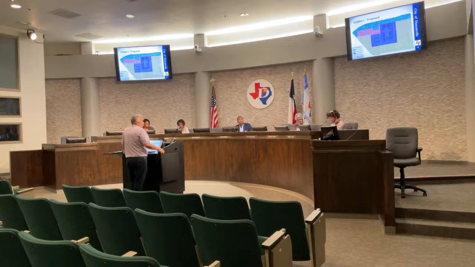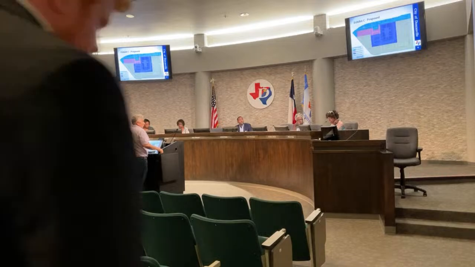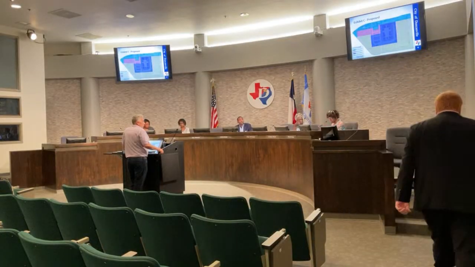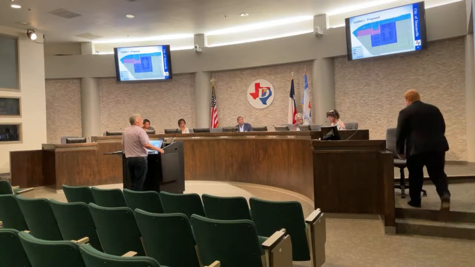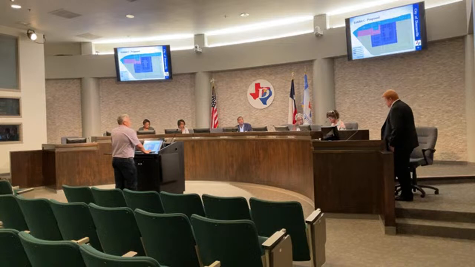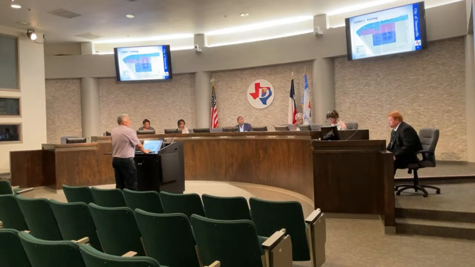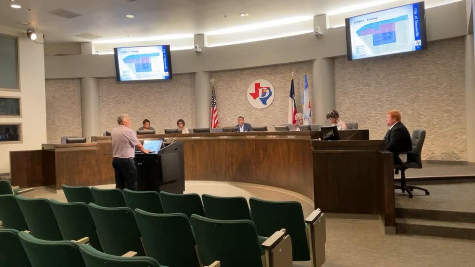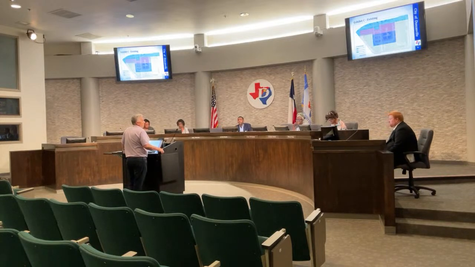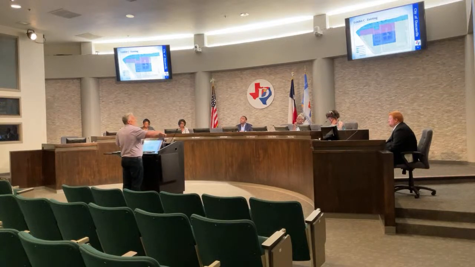Yes, so as far as what you changed, where the original red or pink area was, you're saying you're flexible in that you can go from that red or pink area with a max of 40 to the purple area where it's 2-story at a max of 30. Yes, I would flex down to benefit the lower. That answers my question. All right, thank you. So that would mean I could never build 3 stories, always 2 or less.